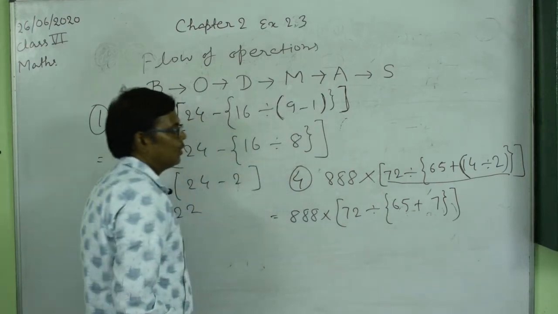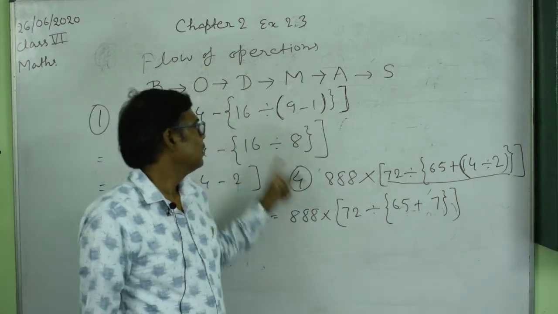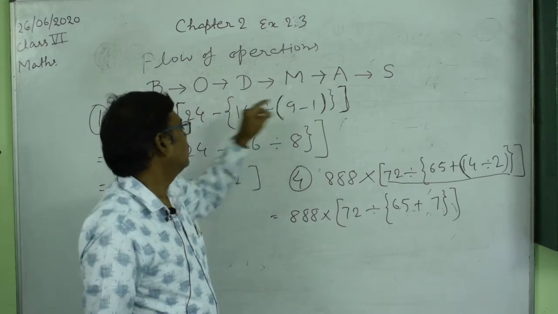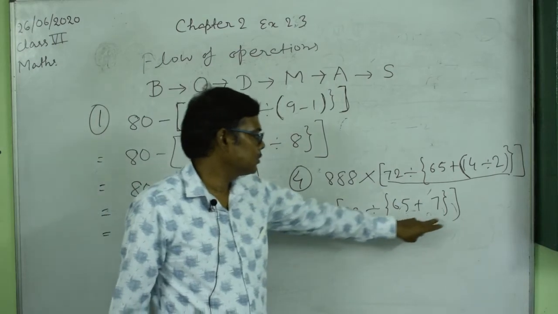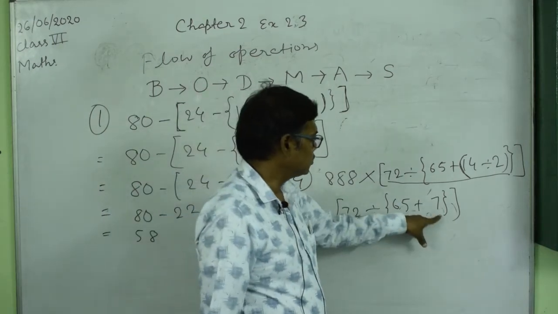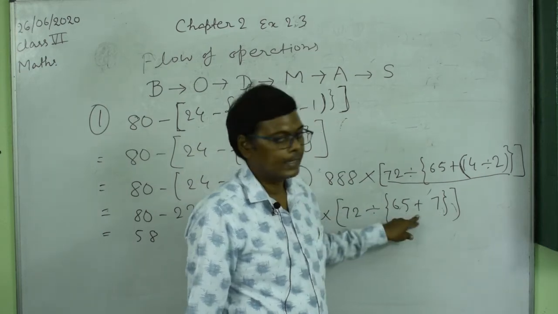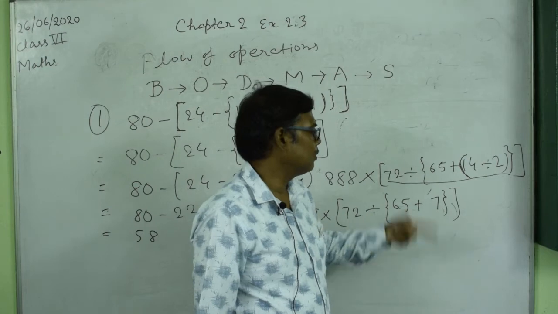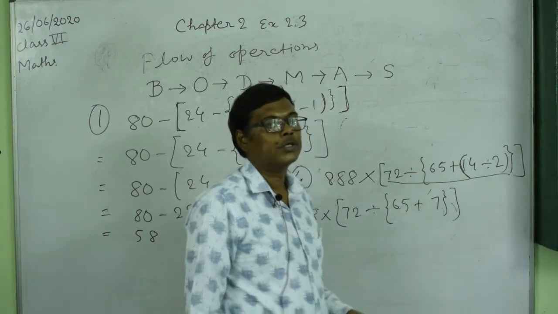Now add these two numbers, addition. Now here you will say that according to the rule we will have to divide first, but it is not so here. Because this is the innermost bracket, first we will solve the bracket. It may be plus or it may be minus, but the bracket is there also. So first we will solve the operation of the bracket.